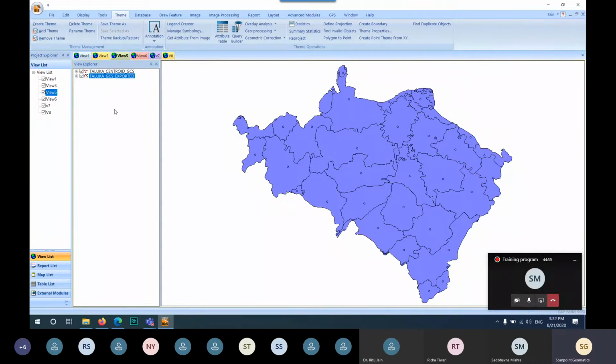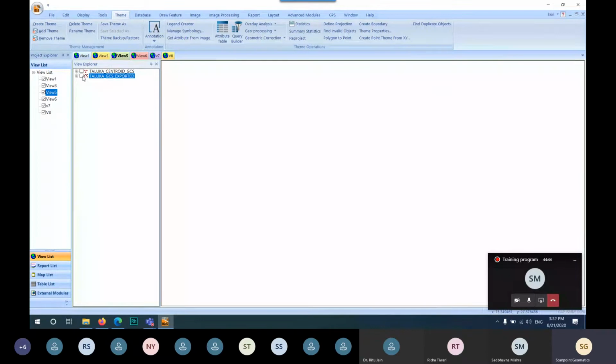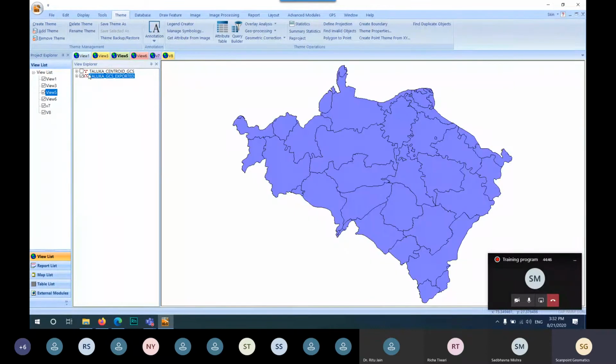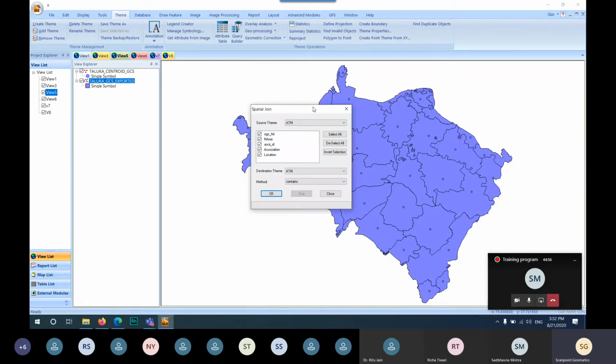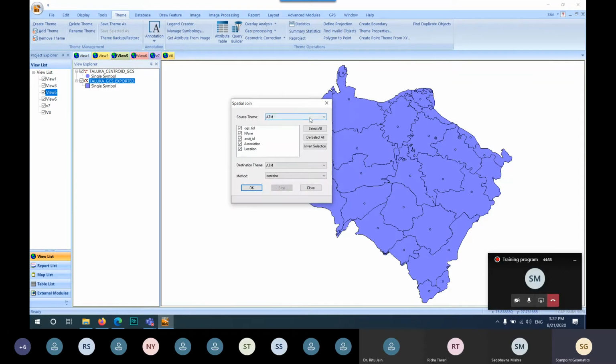I have selected two themes. First is Taluk GCS exported and Taluk Centroid GCS. One is the polygon theme and another is the point theme. Just click on this spatial join and select the source theme.